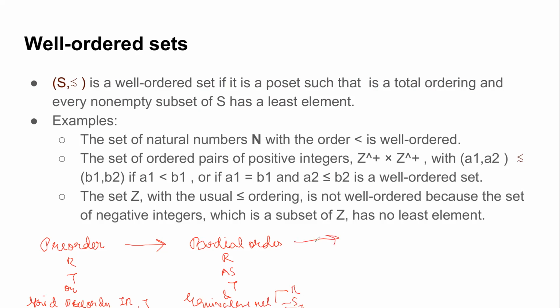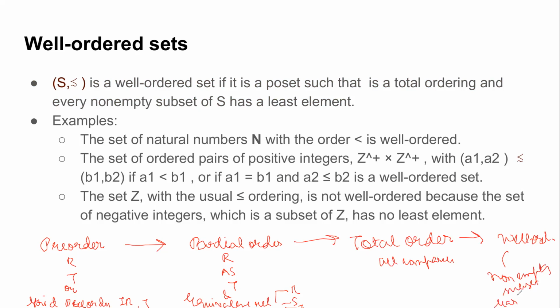In partial order, some elements may be comparable to others, but there's no guarantee that all will be related. An extension of partial order is known as total order or linear order if all are comparable. And finally we had the well ordered set, wherein all are comparable, that is, it is a total ordering, but in addition we want every non-empty subset to have a least element. So this is the overall picture that we discussed: pre-order, partial order, total order, and well order.